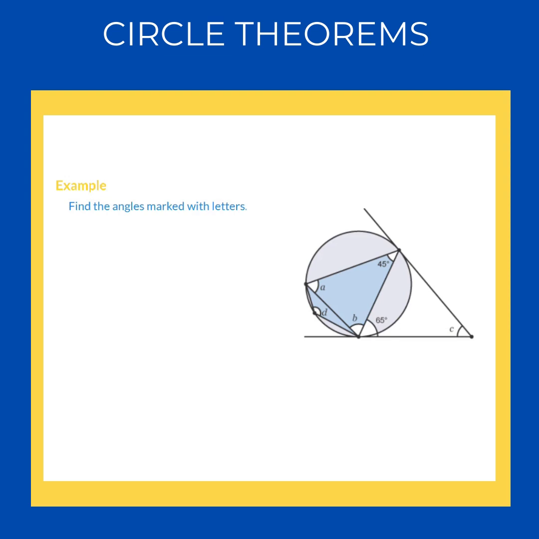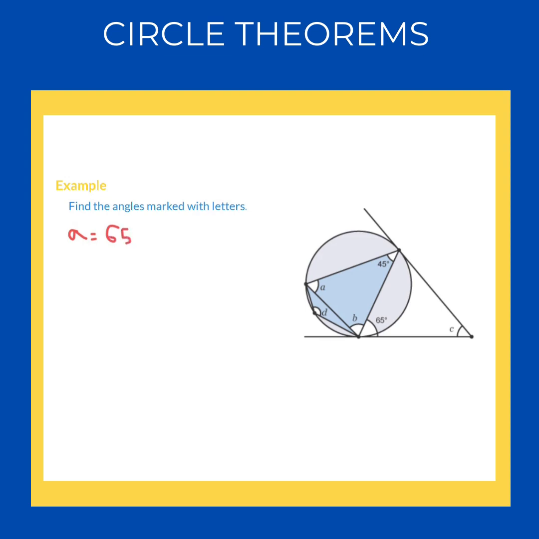Now, according to the last theorem that we just explained, which is the alternate segment theorem, the angle A is equal to 65, according to theorem number 8, the alternate segment theorem. So if this is 65, then the angle here inside the triangle is 65. So A is equal to